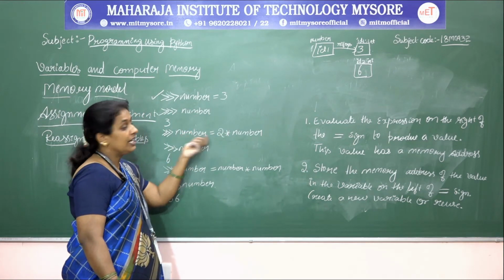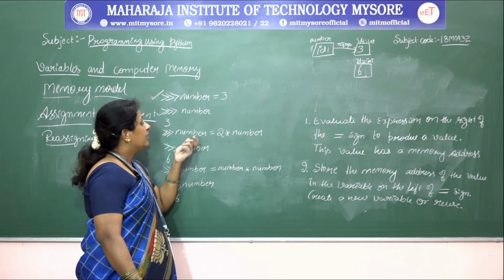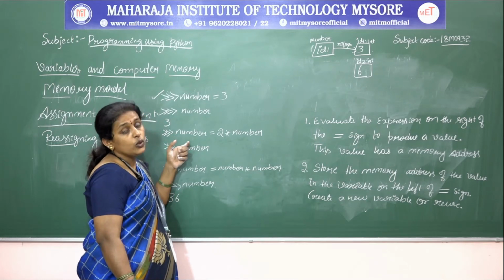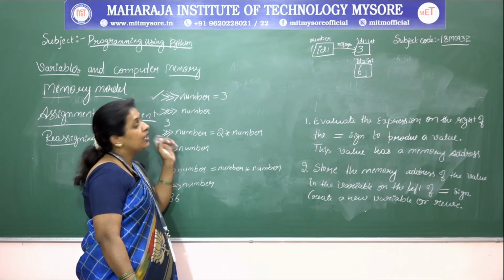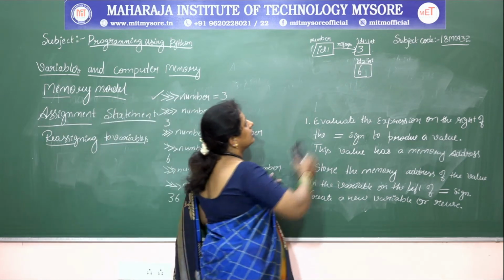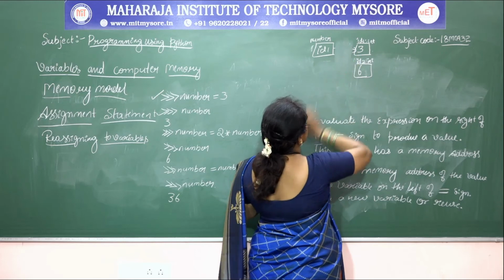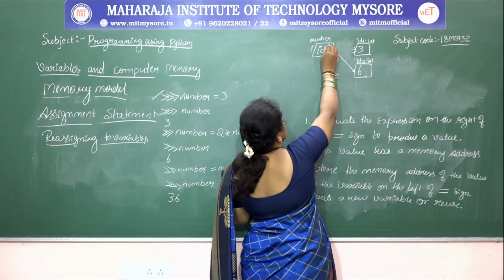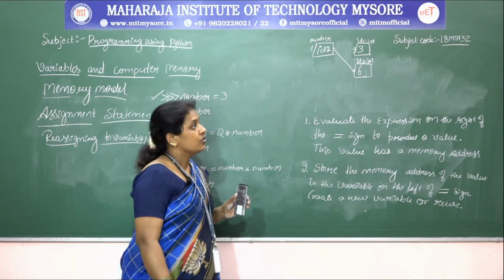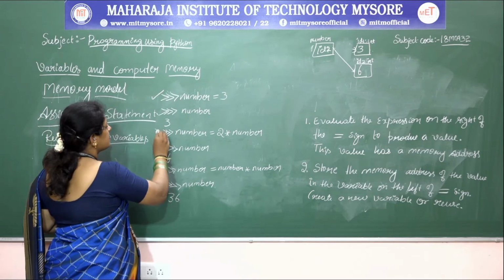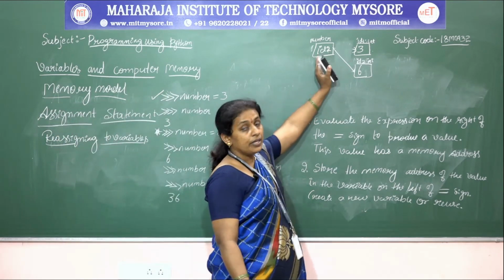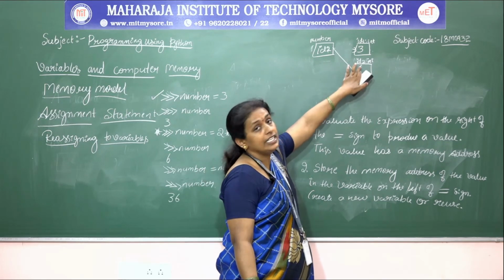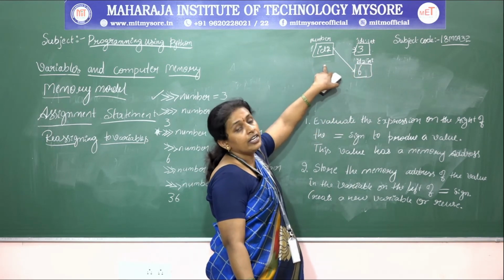Okay. After that, I need to execute the second statement, that is, store the memory address of the value in the variable on the left side, right? Okay. Here the number already exists. Then I need to replace the memory address with a new memory address. So this will be replaced with this new value, and the memory address will be changed from IDE1. So at this position, the number will contain the value 6, and this will refer to the memory address called IDE2, so that it gets updated.